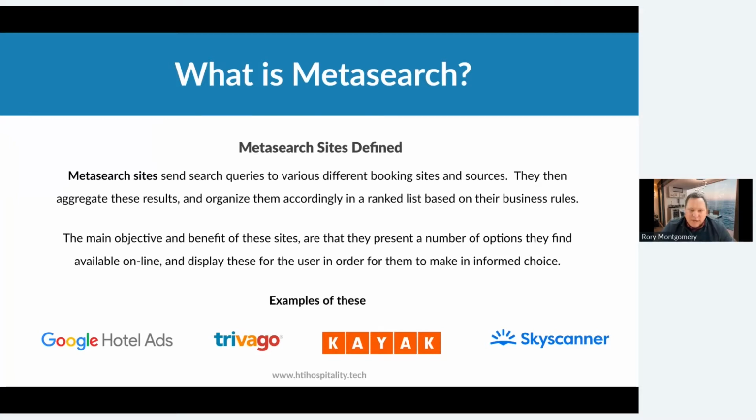HDI has a direct integration to Google Hotels, but that's the only meta-search platform we have direct integration to. Hence, we've partnered with GCommerce to enable further integrations into the likes of Trivago, Kayak, Skyscanner. Again, I'm sure Chris will mention any relevant, stronger players in that space. But I think those are the four major ones that we see in this region in particular.